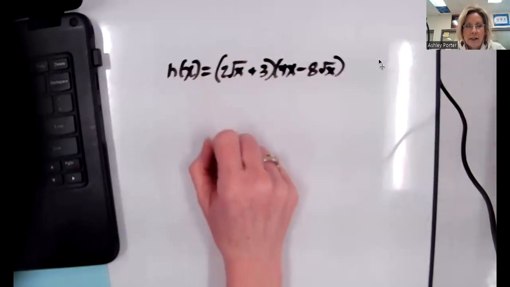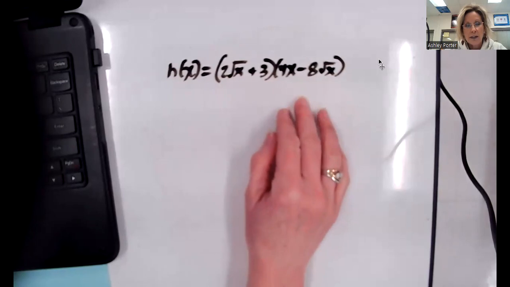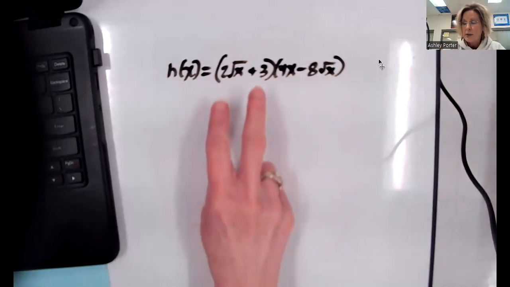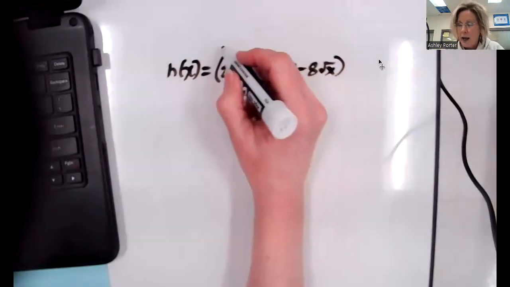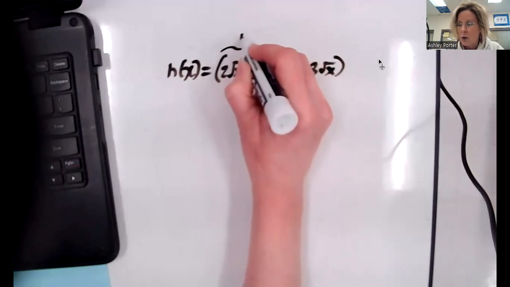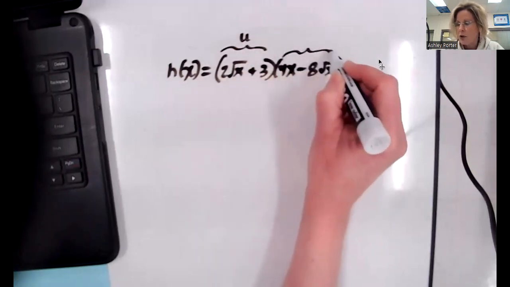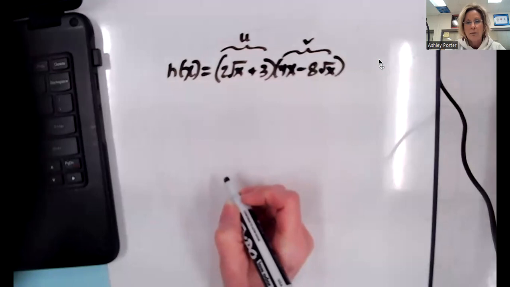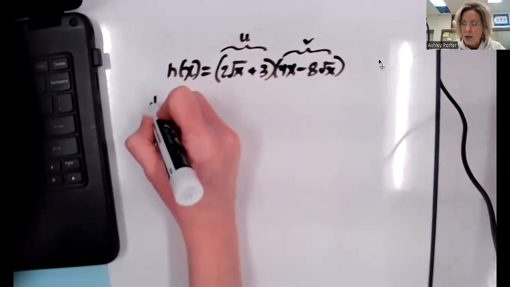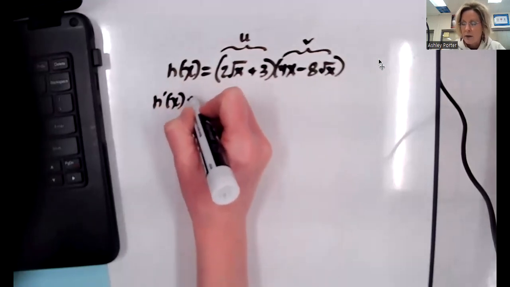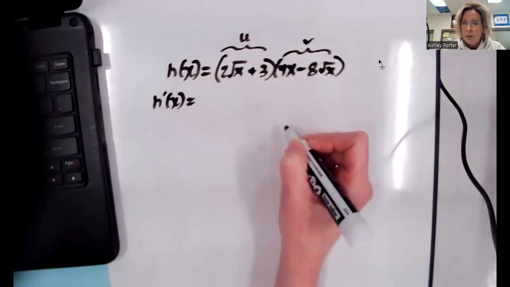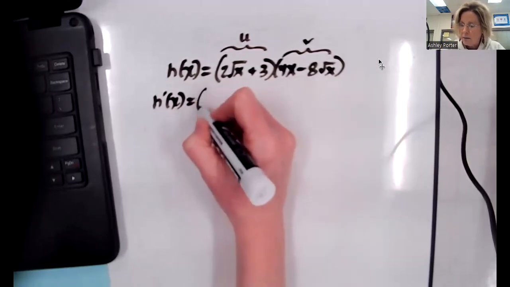Closely following the last example, sometimes we use the product rule when we don't have to. So let's take a look at this one. A lot of people will go, oh, it's a product of 2 items, and they'll instantly think product rule, where the first binomial is u and the second binomial is v. So when we do h prime of x, we're going to say, well, the product is v